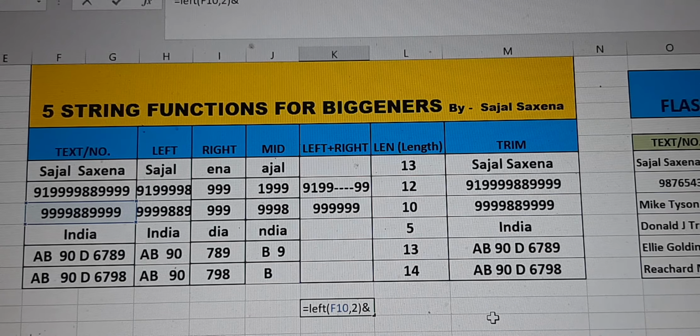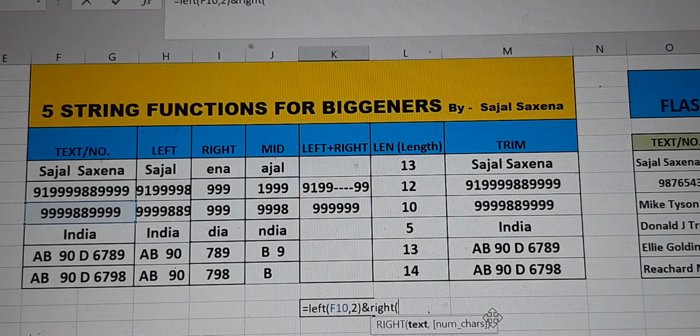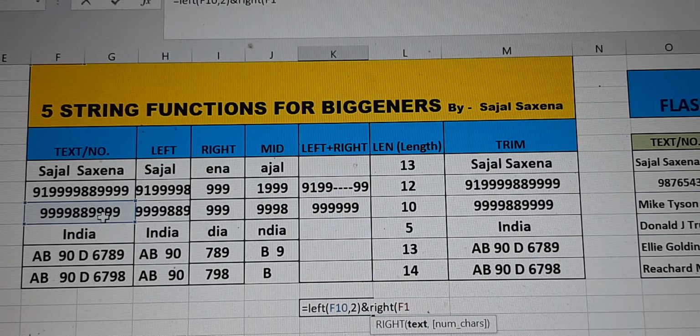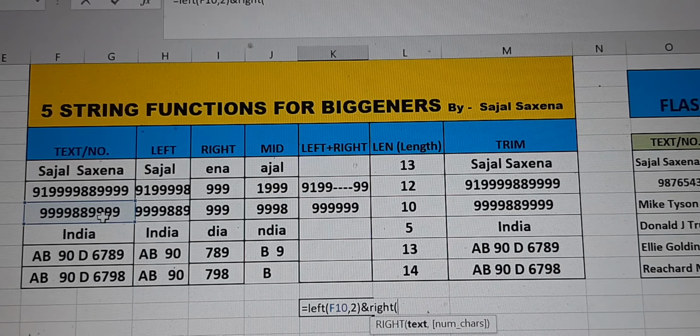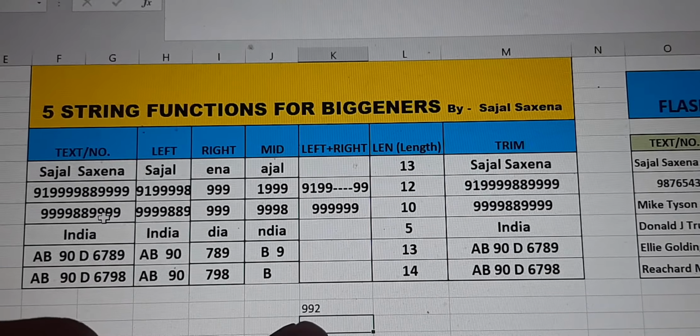So let's type RIGHT, bracket begins, again you will type in the cell number, from right, how many do we want? Say I type 2 and I close the bracket and press enter. So look, I got 992.